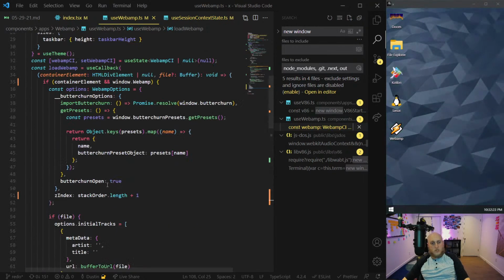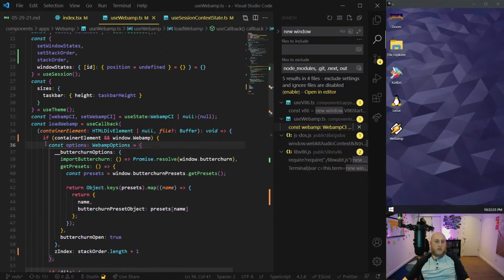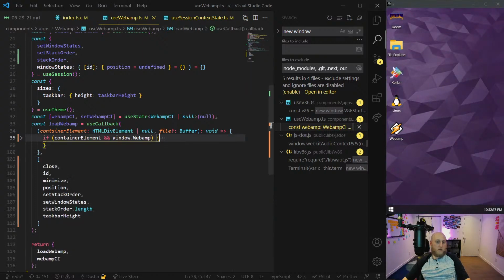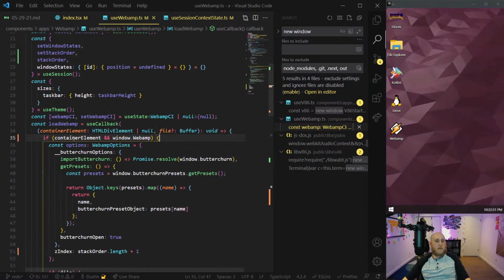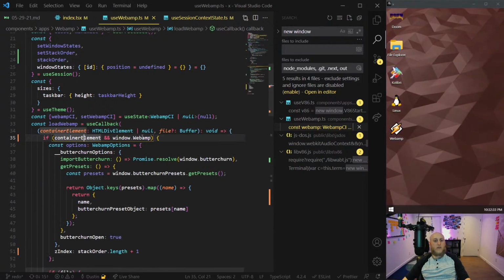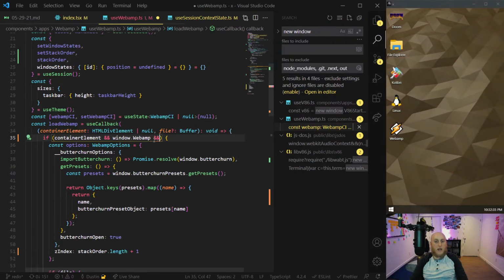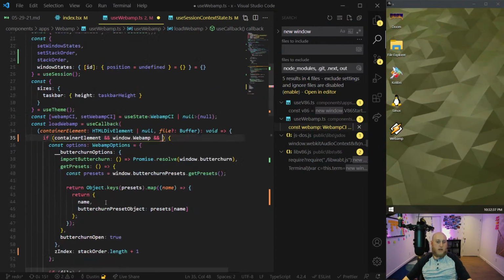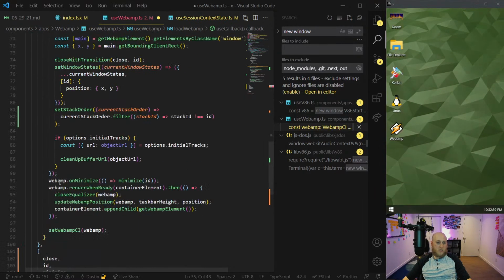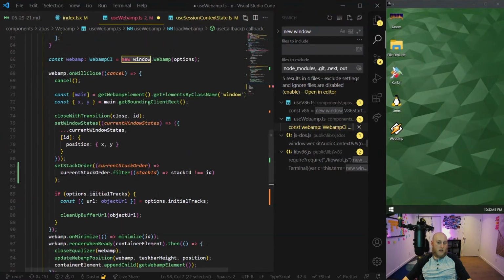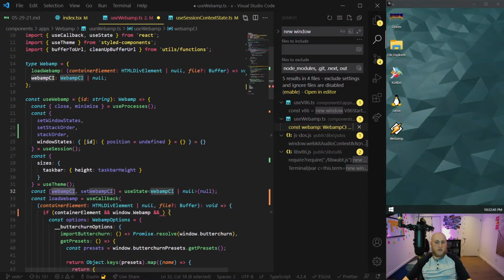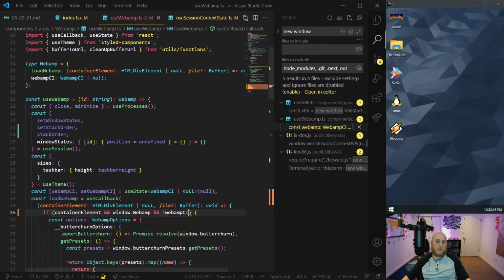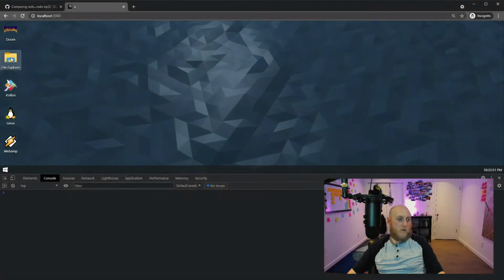So the final solution that I decided on was just to add yet another condition. So basically, the only time this is ever going to properly get that far is if there's a container element and the Webamp structure exists and it hasn't yet made it. So you see at the end of this function, it sets the Webamp CI. So I'm just going to say, if the Webamp CI doesn't exist, set it. Otherwise, we're not going back in there. And now it should work properly.